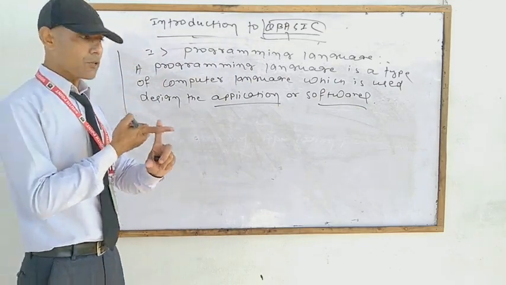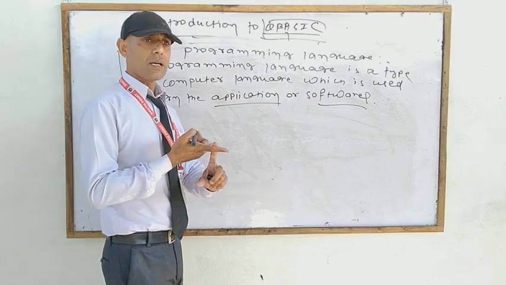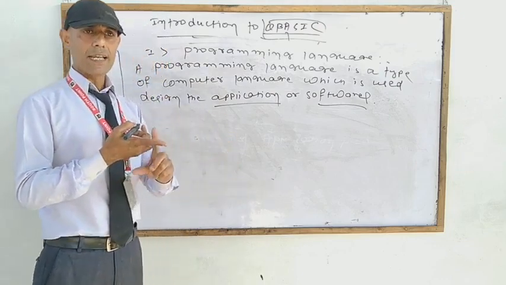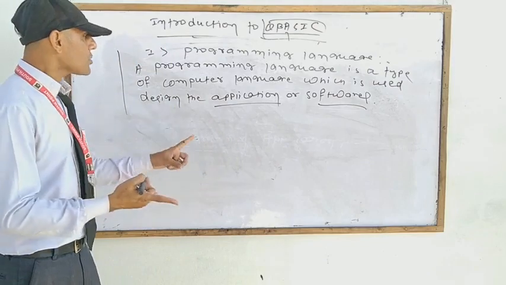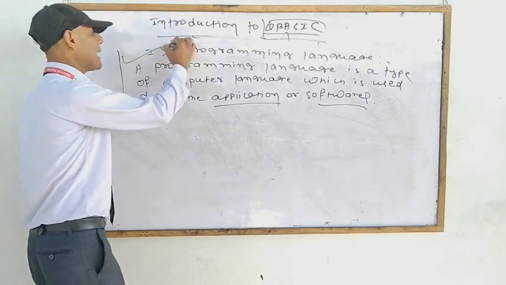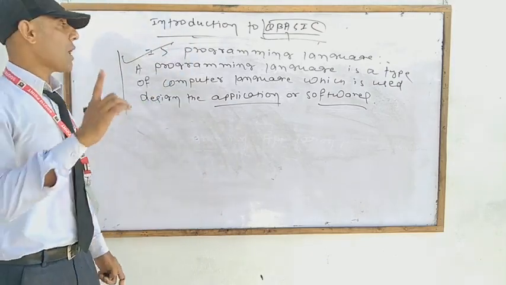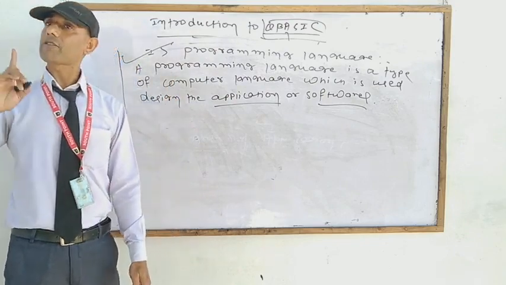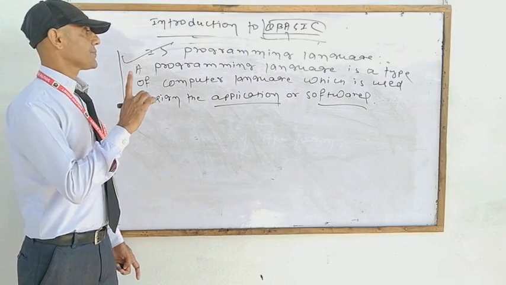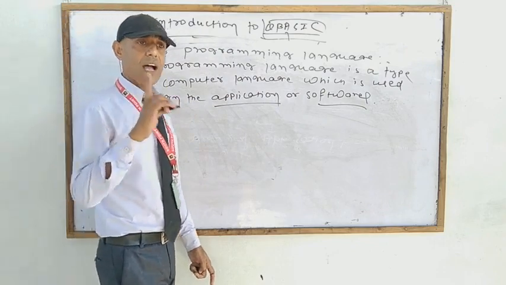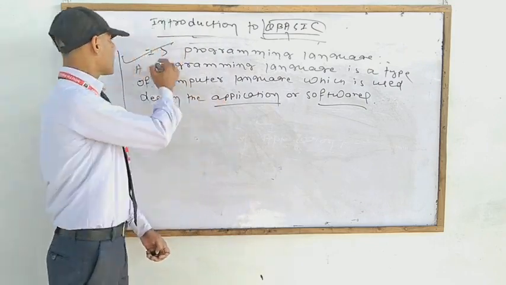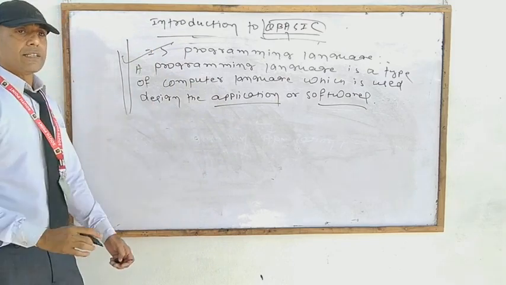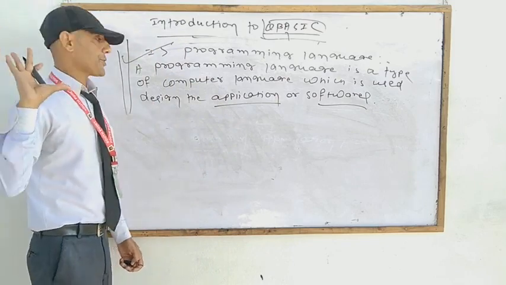100% of people know Google Chrome. Many persons are using softwares, web softwares, standalone softwares. All these softwares are designed by programming languages. That means programming language plays a vital role in information technology. That means programming language is the father of information technology. If programming language was not invented, then technology could not develop.